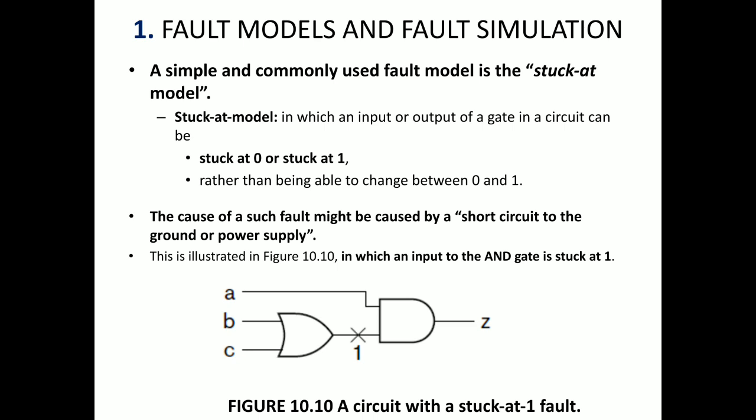If you take the same example of a two input AND gate, the combinations of the two inputs should be 00, 01, 10, 11. But if one of the inputs of the AND gate is stuck at some one value always, instead of changing, to identify that, we'll be using this fault model.